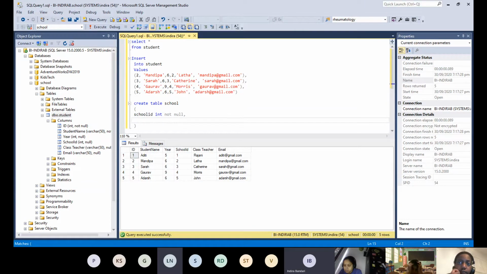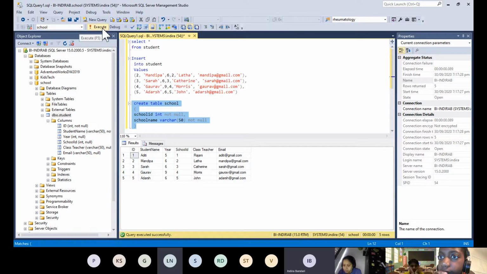After that, I'm giving another column name, which is school name, and what is the data type? Varchar. Yes, varchar, and I will give just maybe 50. Okay, and that also should not be null. Okay, so I'm running this one. What will this do?